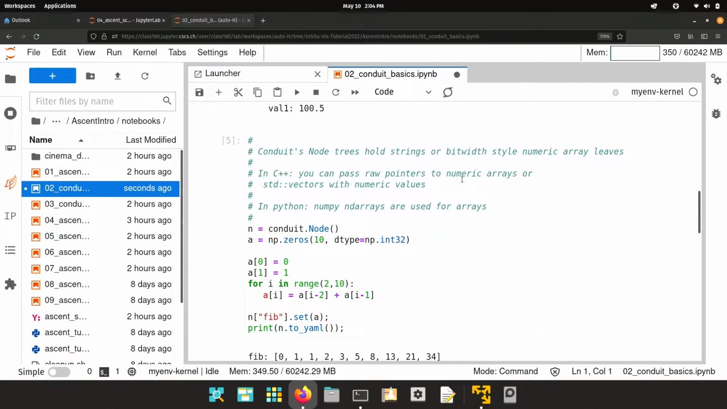I'm going to create a NumPy array filled with zeros as an initialization. I'm going to fill up that array with the Fibonacci series. And I'm going to take the address of this NumPy array, A, and use that with the key Fibonacci to construct my conduit node. And when I print this node, under the key fib, I have the NumPy array